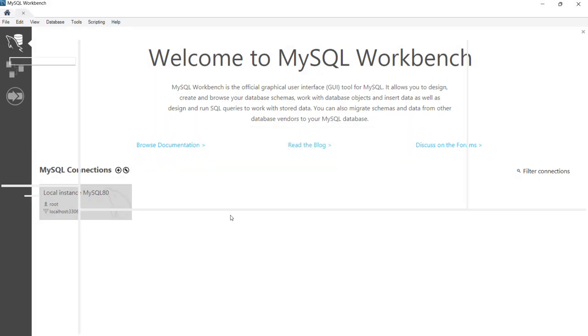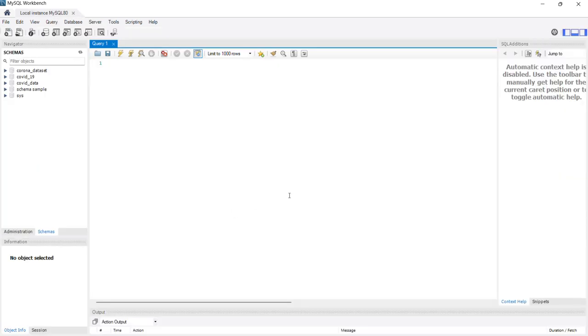While clicking on the setup, you will be opened with a workspace where you can work. This is the schema section, this is the information, this is the query part, and this is the output part. There will be mostly 5 screens, and this is for SQL addition where you can get help. First of all, for importing the dataset, you have to